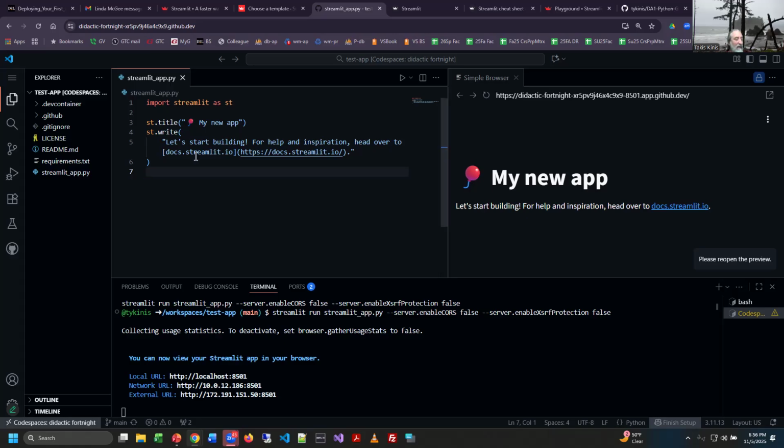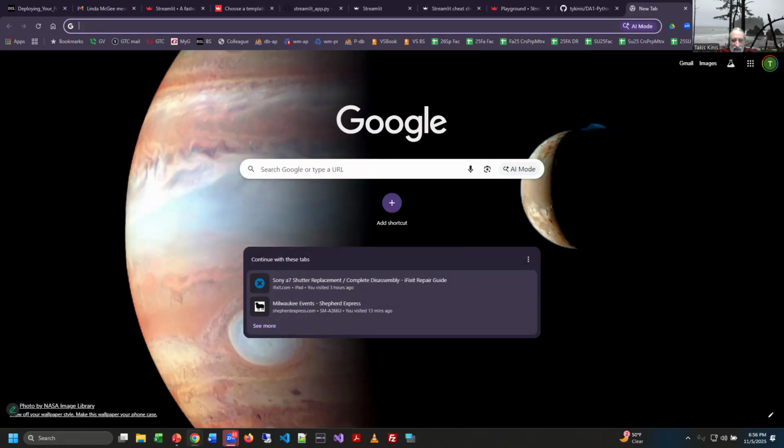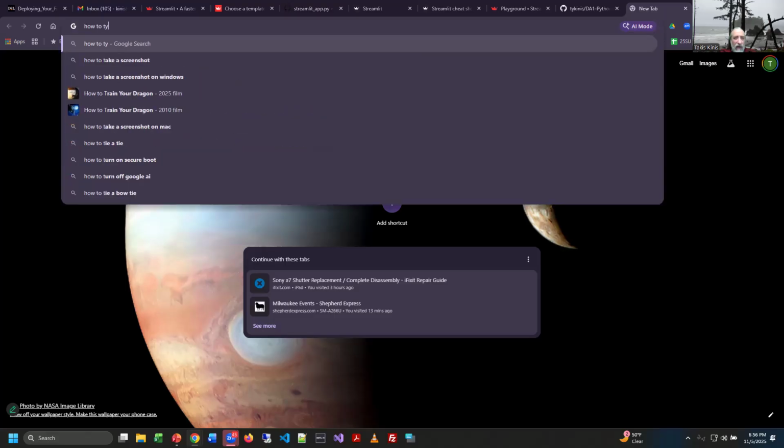You don't have to have the balloon, by the way. And if you want to make sure that it's working, you don't have to call your app my new app. I'm going to be brave and call it Ties Test App. And yeah, they got a balloon in here, but let's ask Google how to type an emoji